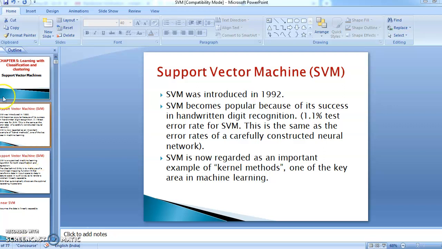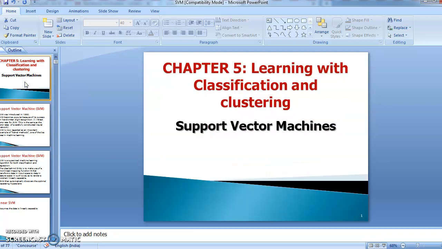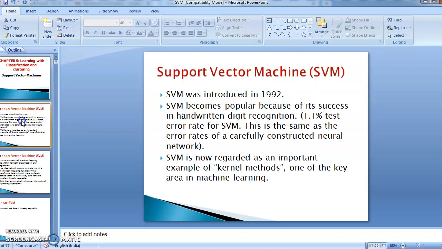Our today's topic is support vector machine. This topic will come under supervised learning. So what is SVM? SVM comes under the supervised learning algorithms, where we divide the given data points into two different classes. It is basically a classification problem. As the training data is provided and we know the output, we are provided with the label data also, and the output class is known. That's why it comes under the supervised learning method.